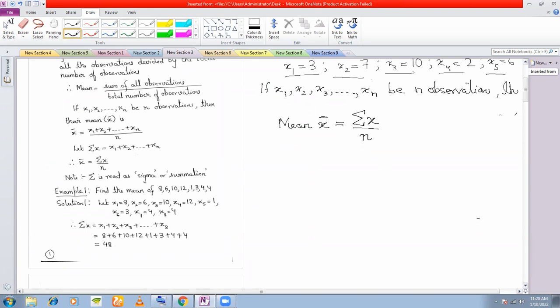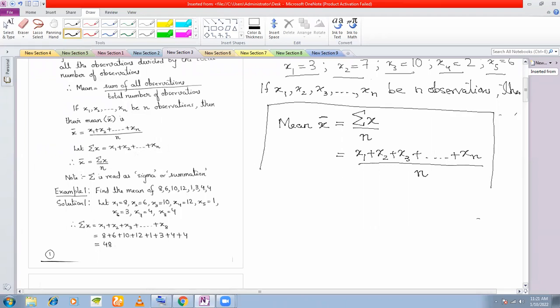Then the mean, or the arithmetic mean, of these observations is given by x bar is equal to summation x by n. Since i is not given here in the summation, we have to take all the values x1 plus x2 plus x3 and so on, up till whatever values are given. You take the sum of all the values and divide it by the number of observations. This is a formula that you need to remember for mean. Based on this formula, we are going to work out some problems.